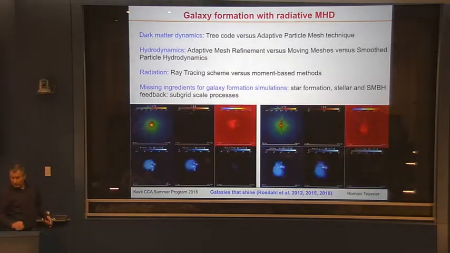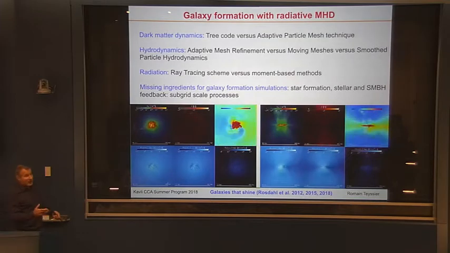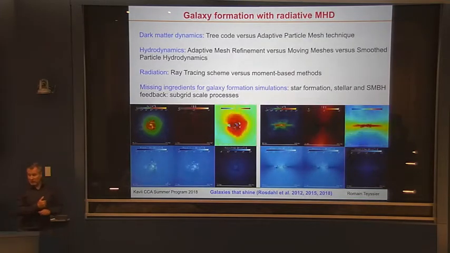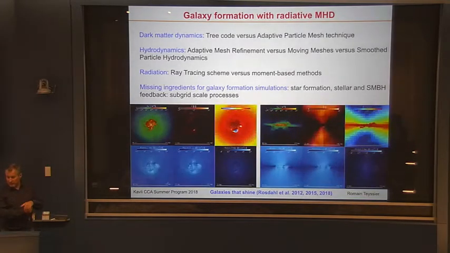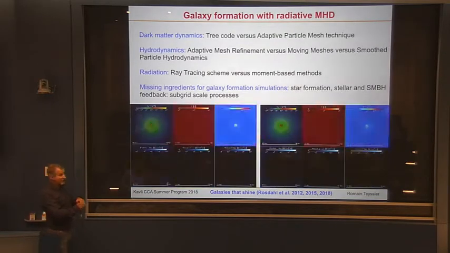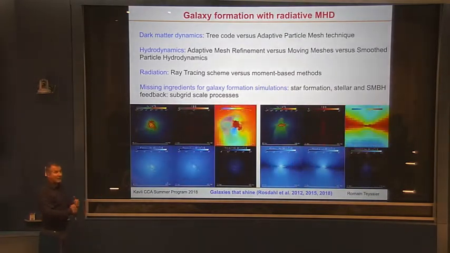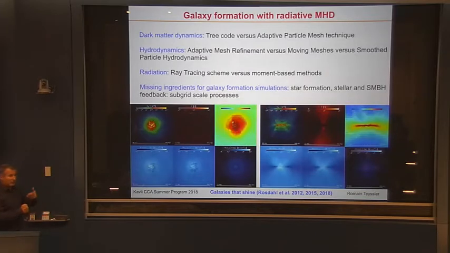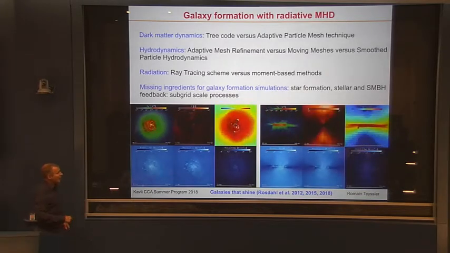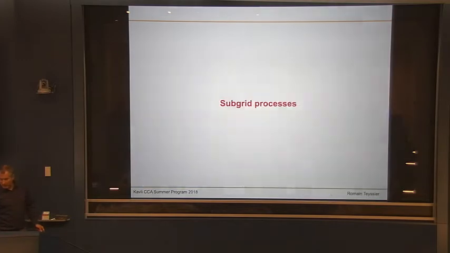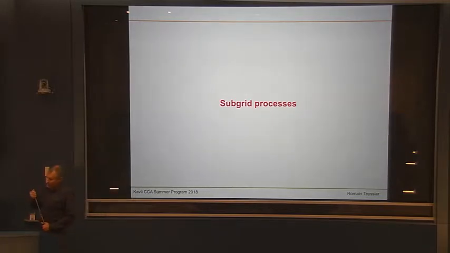So, of course, what is missing here, what we have not discussed so far, and what I'm going to do next, is what has been mentioned many times already: the subgrid processes. How do you deal with those subgrid processes? I will discuss this now. Clearly, it's a complete can of worms, and I want to take a point of view which is slightly different from what you may have seen so far.